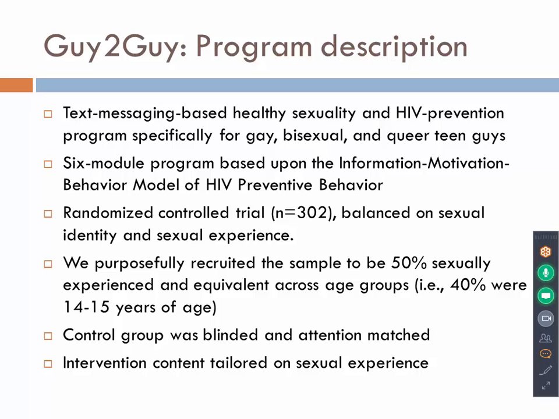So what's attention match? Attention match, so that they're receiving the same number of messages, so they're getting the same amount of attention from the program. Although one reviewer pointed out, and this person is absolutely accurate, so in our intervention arm, we have a couple of features. One is called Text Buddy, where it's a dyadic, it's a pair, so 2 intervention teens are paired together and they text to each other through the program. So we're not sharing contact information, but they text the buddy line basically, and our software then routes them to the buddy, and so they're able to talk about the program and their lives and everything. The control group